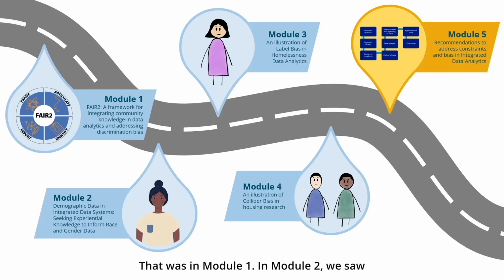In Module 2, we saw how FAIR2 data chats can guide our understanding and use of race and gender data in administrative data systems. Next, in Modules 3 and 4, we discussed two types of biases that are typical of administrative data: label bias with Jessie in Module 3, and collider bias with Amari and Liam in Module 4. Now we get to wrap up by providing some recommendations on how to identify and address bias in integrated data